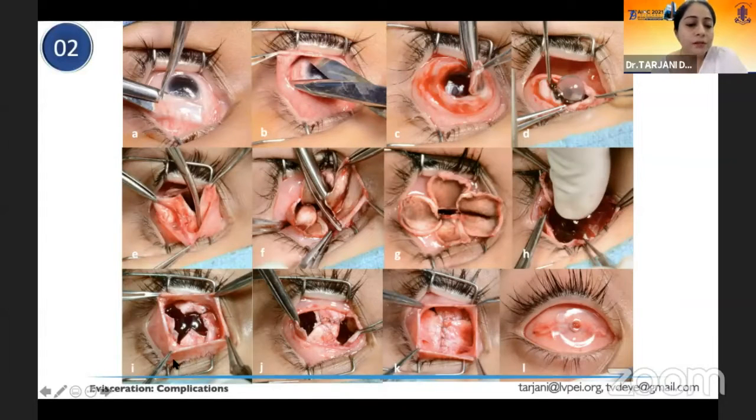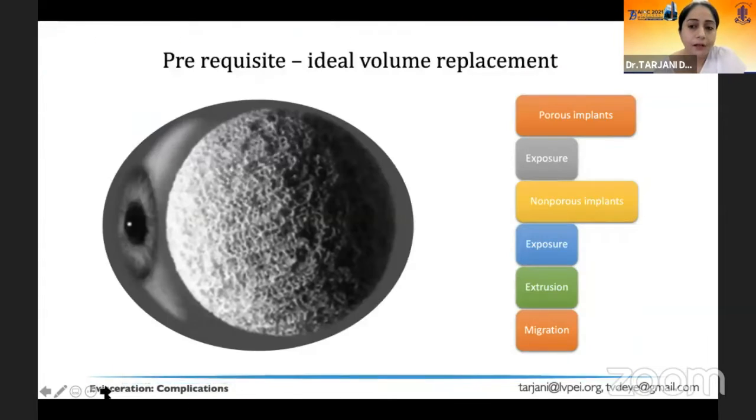I just put up a collage instead of a video to run you through the steps of evisceration surgery. Like nearly everybody would know, it begins with a peritomy, removing the corneal button, and scooping out the contents of the eye. This is the important panel where we make flaps within the sclera. These are known as sclerotomies, and each of these flaps is suspended by the corresponding extraocular muscle. So it's not a free tissue, it's held in the orbit by the extraocular muscle. At the posterior end, these flaps are divided from the optic nerve, and then we place the implant and perform closure of these flaps, followed by the closure of the conjunctiva and the Tenon's and placement of a conformer at the end of the surgery.